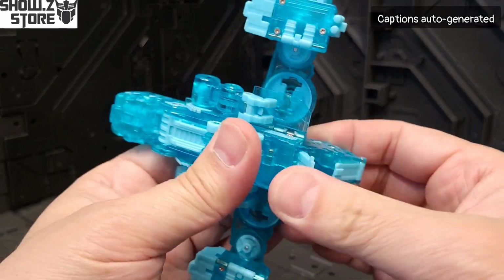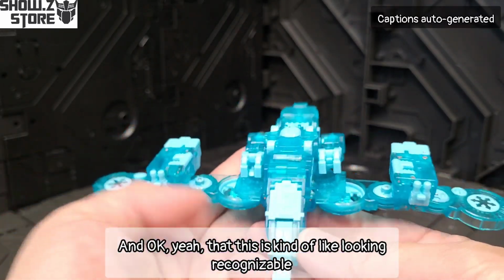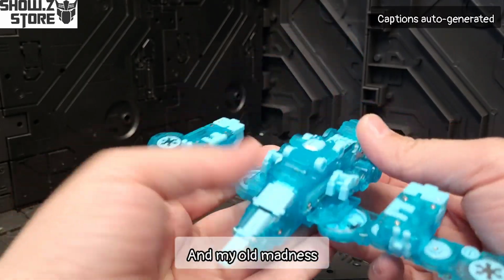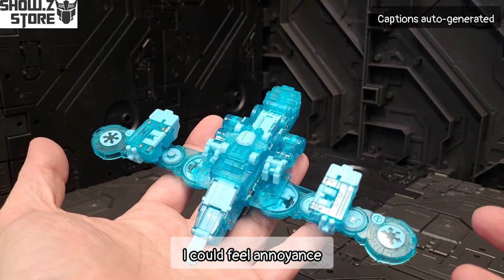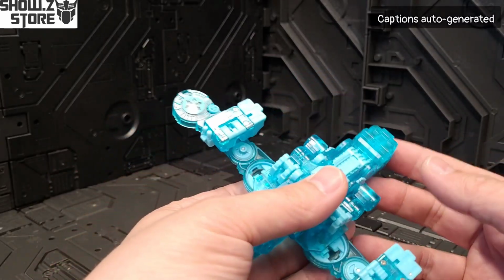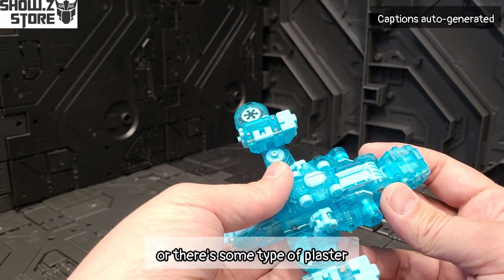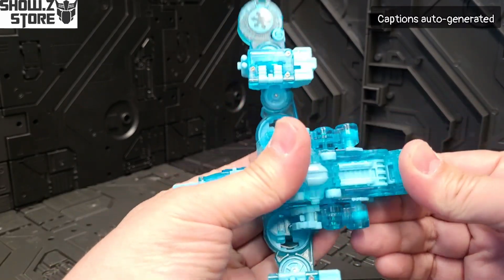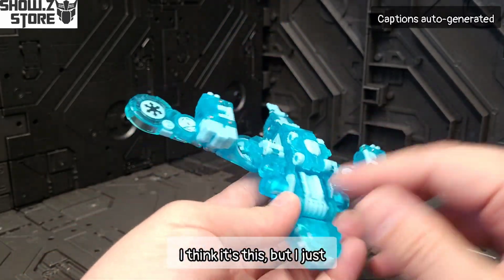Okay. The discoverability is cool. And okay, yeah, this is kind of looking recognizable. It's not impossible. And my old madness and my divergent brain was kind of messing me up when I was getting to this. I could feel annoyance and aversion all growing in me, but all that's gone. And it looks like there's a tail, or some type of blaster that's supposed to extend, and I think it's this, but I just...